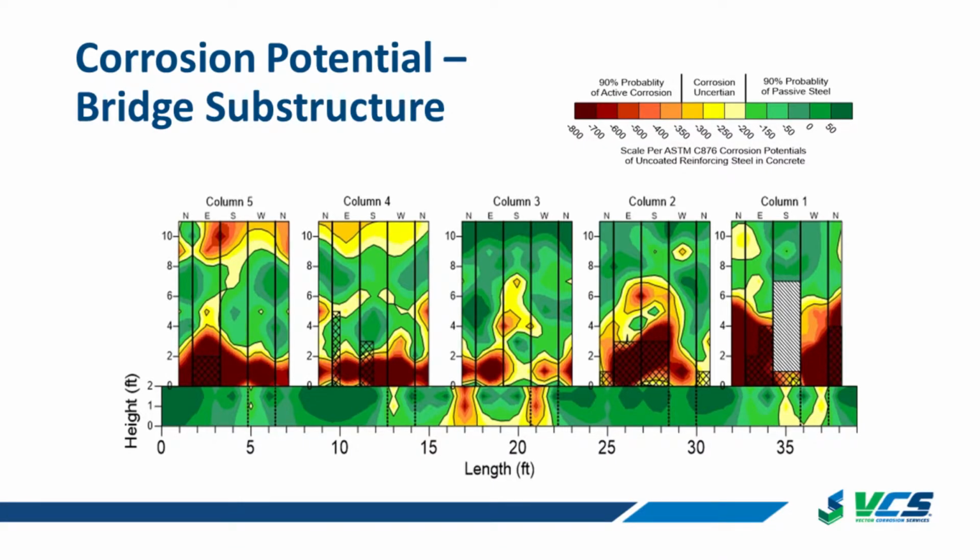And the columns and the lower portion of the columns are very active. And you can see there's some hatch marks. It's probably a little hard to see on the screen here, but there's some hatch marks where the delaminations are. And there's no delaminations on the footing, but only on the columns. Well, I'll get to it in a few, but it really comes down to cover depth. The footings have very good cover depth,